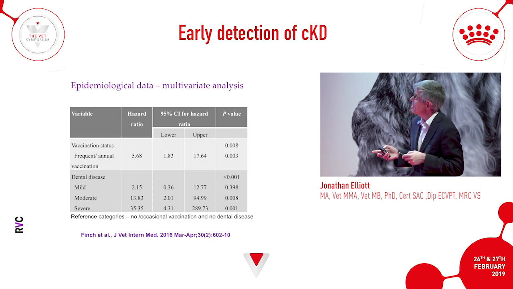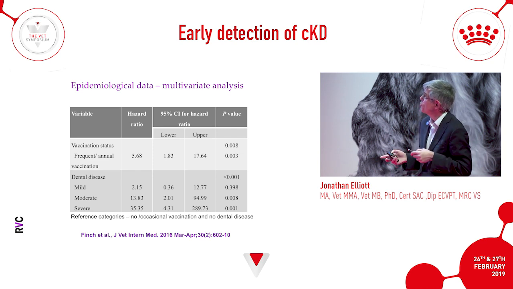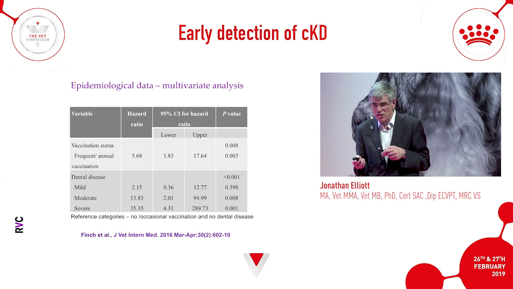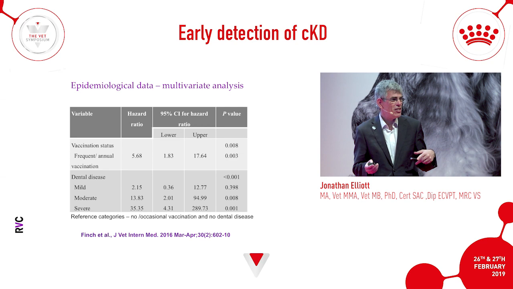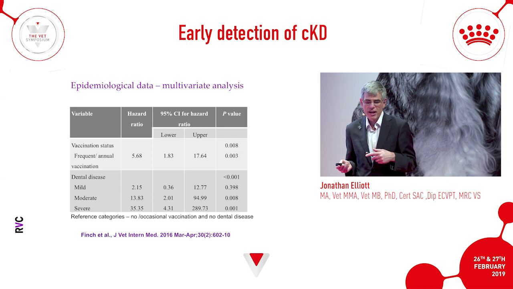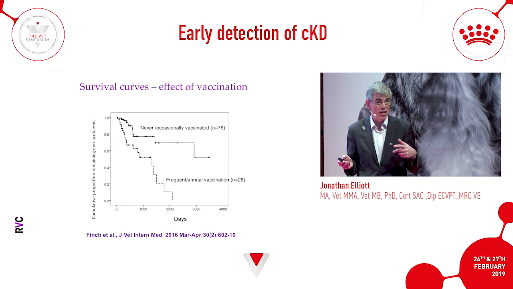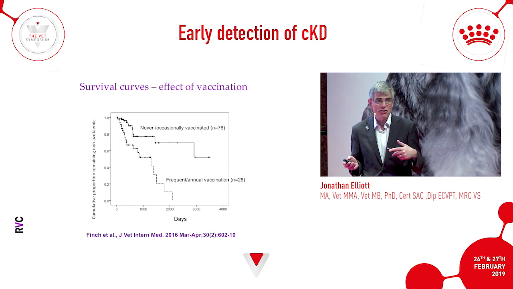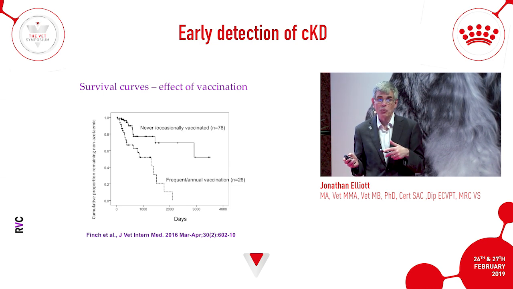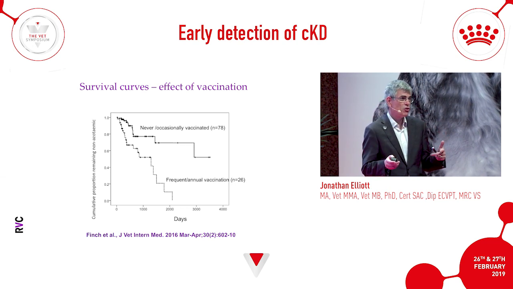Whereas the moderate and the severe dental disease patients are at much higher risk, but look at how wide the 95% confidence limits are. It could be as low as 4 times or as high as nearly 300 times at increased risk. And the reason for that is because there's low numbers in that group compared to the other groups. And you'll see that when I look at the survival curves, where the event is the development of azotemia, which is obviously the first time that we identified that in a cat,